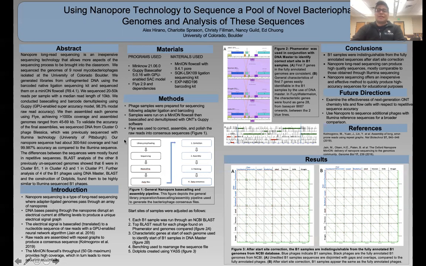And just a brief overview of how the whole process works. I'm going to go over here to figure 1. First part here is we have the library prep loading. We gave unique barcodes to all the different phage samples, pooled them all together, ran them through the sequencer, and that gave us the sequencing that spits out unique electrical signals. We performed base calling, which turns that electrical signal into unique raw reads, then split them apart, sorted them all by their barcodes, and got these FASTQ files, and these are raw FASTQ files.